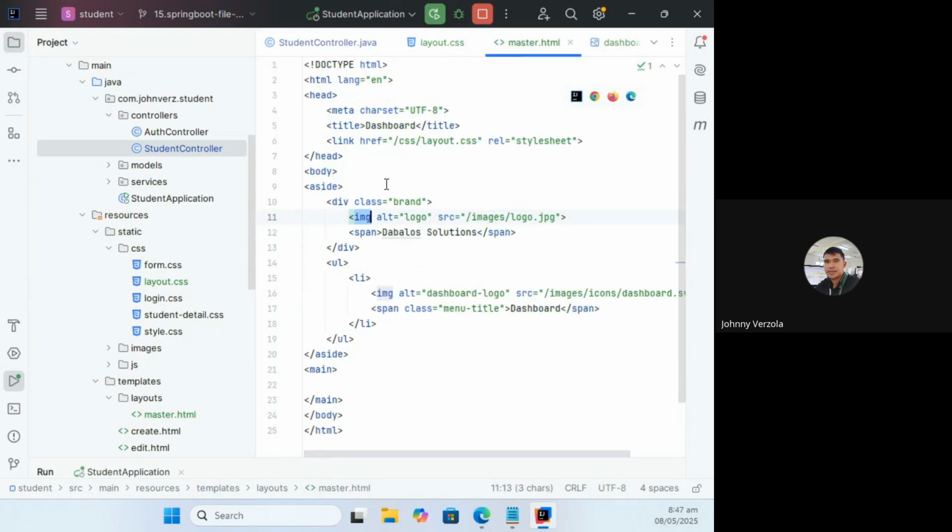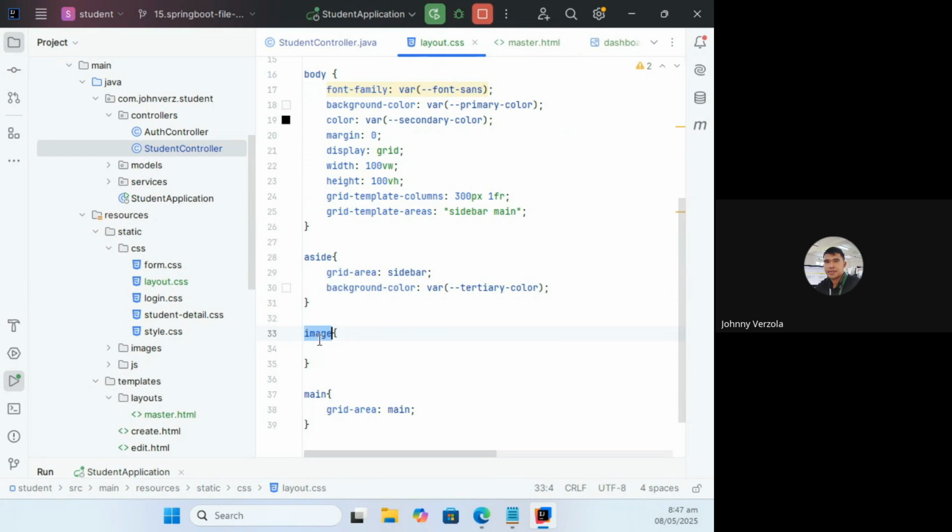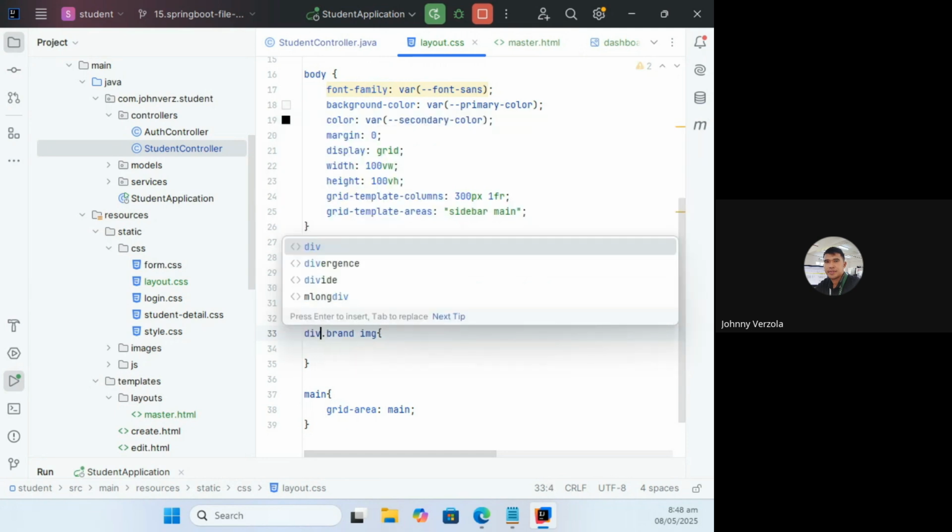Okay. I'm not just going to target IMG because that will target all the IMG. I want to target the IMG that is inside the div of the class brand. Now you don't have to place the div there anymore. That brand is just the same as when you do it like that, one div that has that brand class.